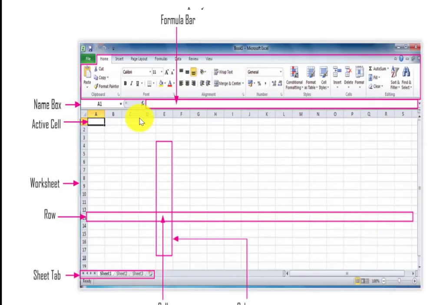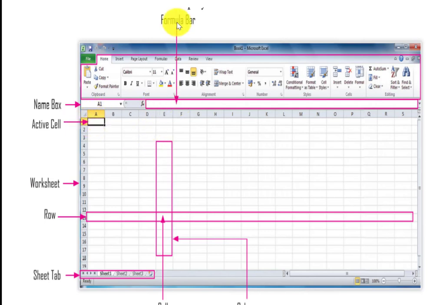Components of Microsoft Excel worksheet. This is the title bar, this is the menu bar, and these are the icons. This is the name box. What is the name box? It is also called the cell address. It means when our cursor is here, these are the columns A, B, C, D, E, F, G. First column letter and then row number. These are the rows 1, 2, 3, 4. In the name box, A1 is there: A column in the first row.